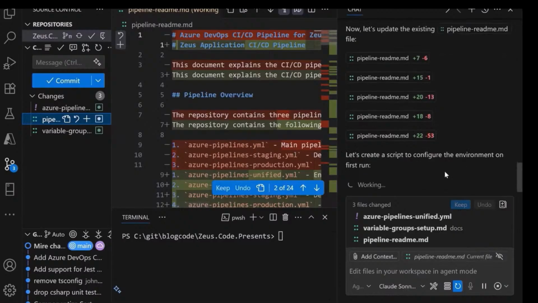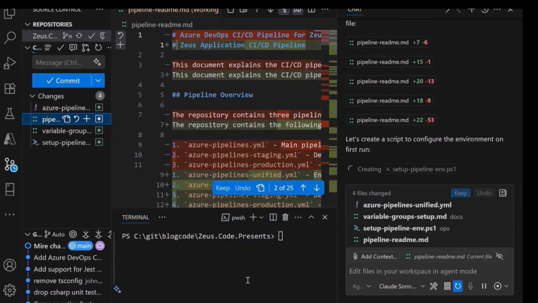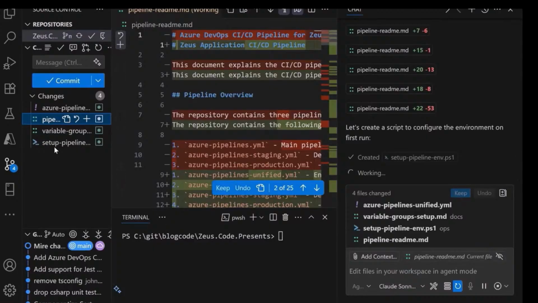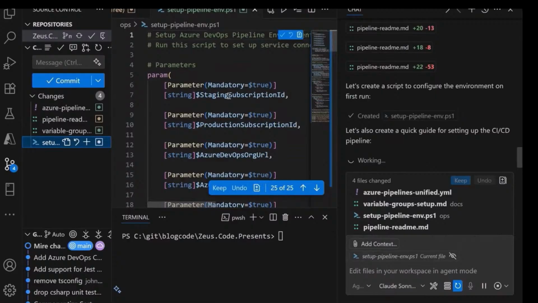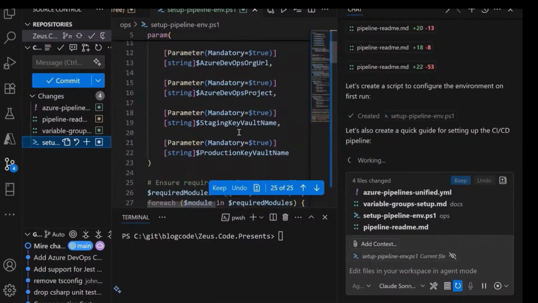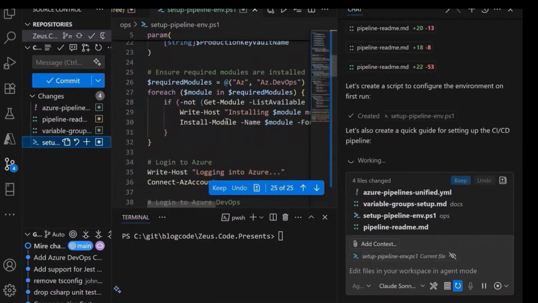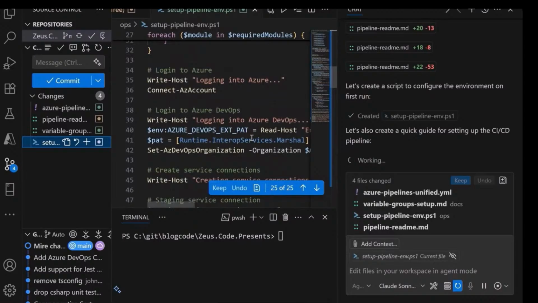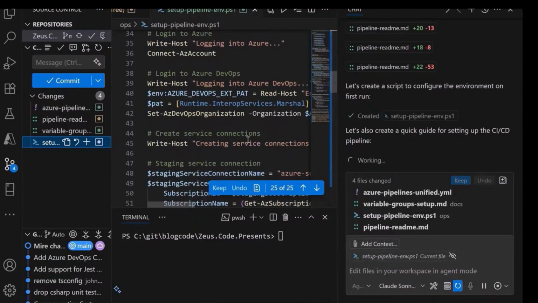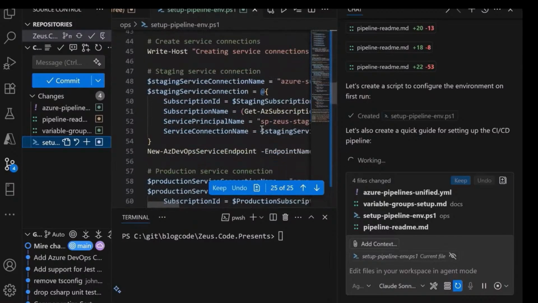And it's now created a script to configure the environment on the first run. So here's our setup pipeline code. The PowerShell script takes in a number of parameters and then goes through each module, installing those modules necessary to run the pipeline. It logs into Azure DevOps, creates a service connection